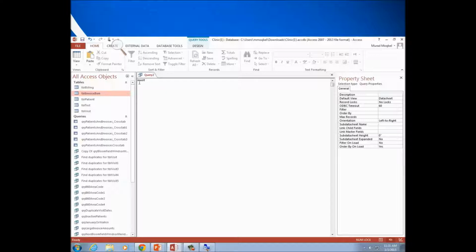So insert, and then the syntax will be different from select here. With insert, we need to tell it what the table is. So insert into, and then what is the name of the table? TBL invoice item. All right. So insert into invoice item,